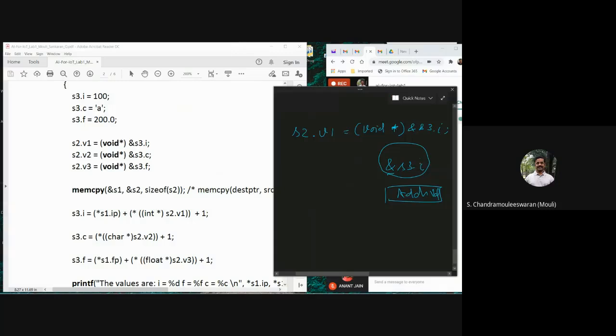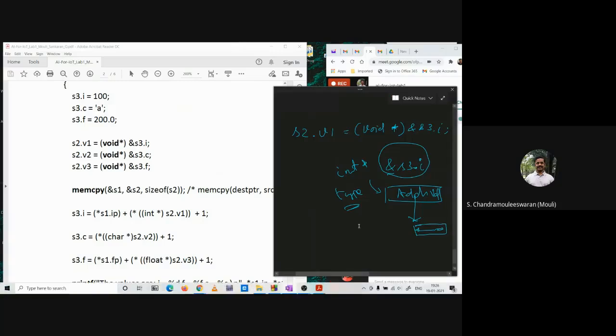But just because I have dereferenced an integer variable, it has a type associated with that, which is an int star. That means it's a pointer pointing at an integer object. So effectively, this is an address, but where it is pointing is an integer value. Now, why is it required? Whenever you have an address, it is not enough if you know that it is an address, but you should also know what type of address it is.